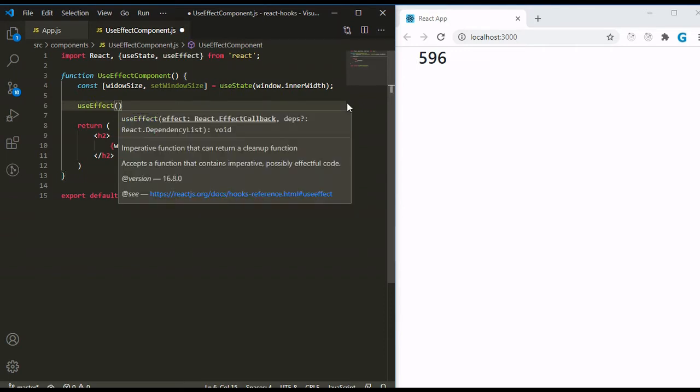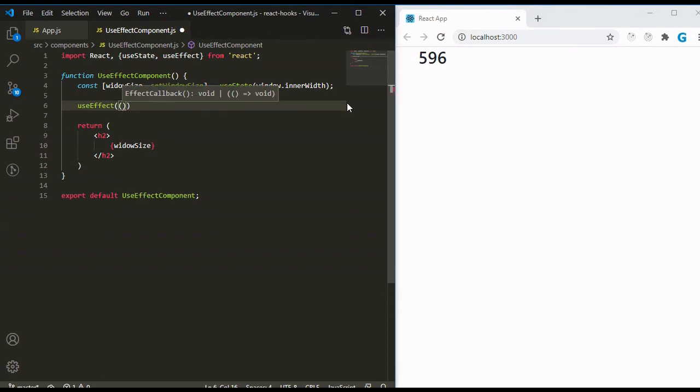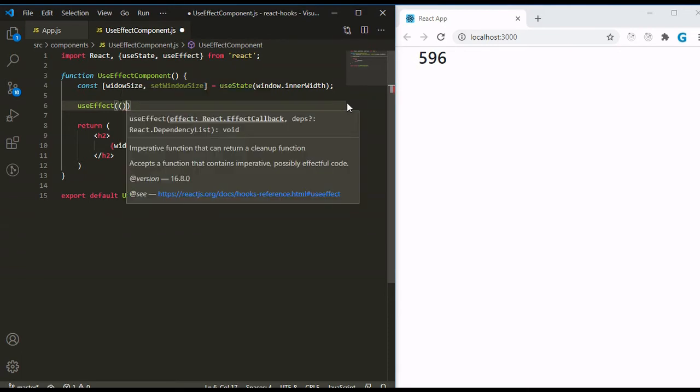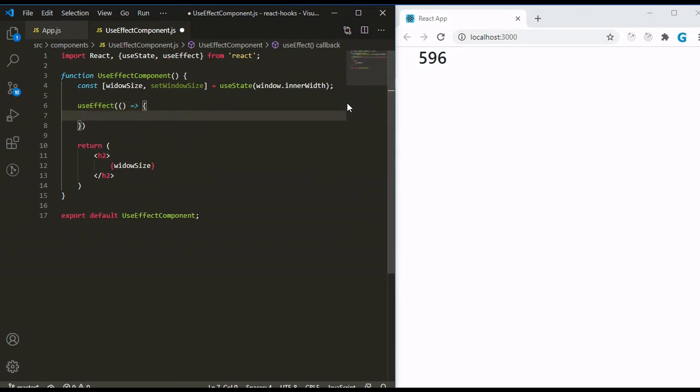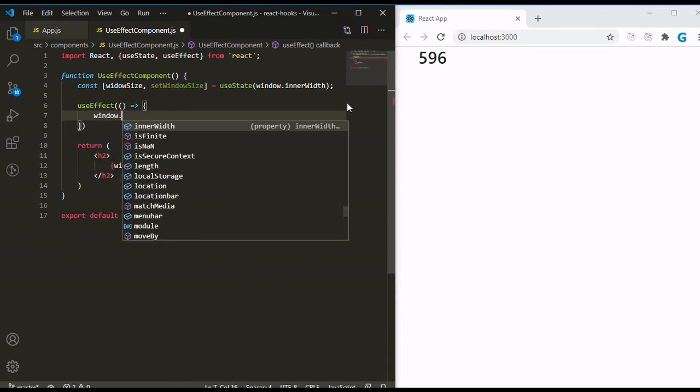So let's see, just define the callback function. Here I will add an event.